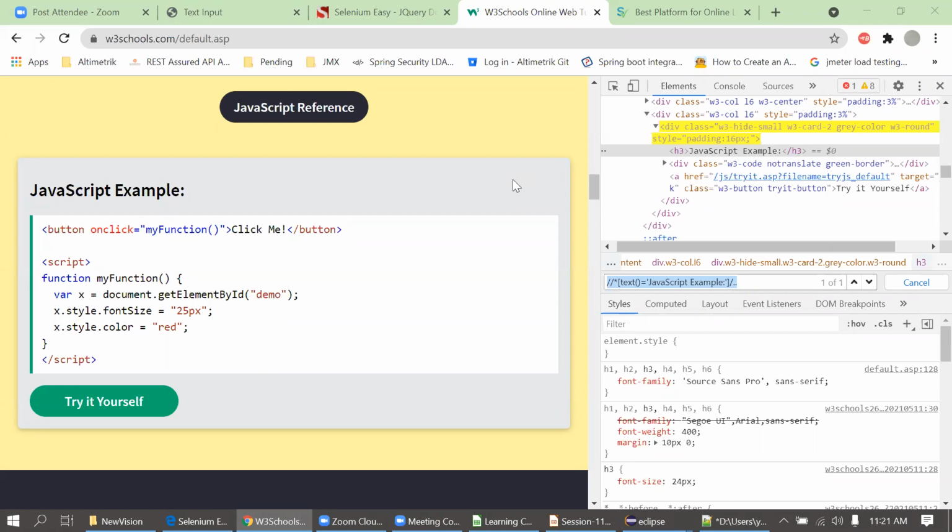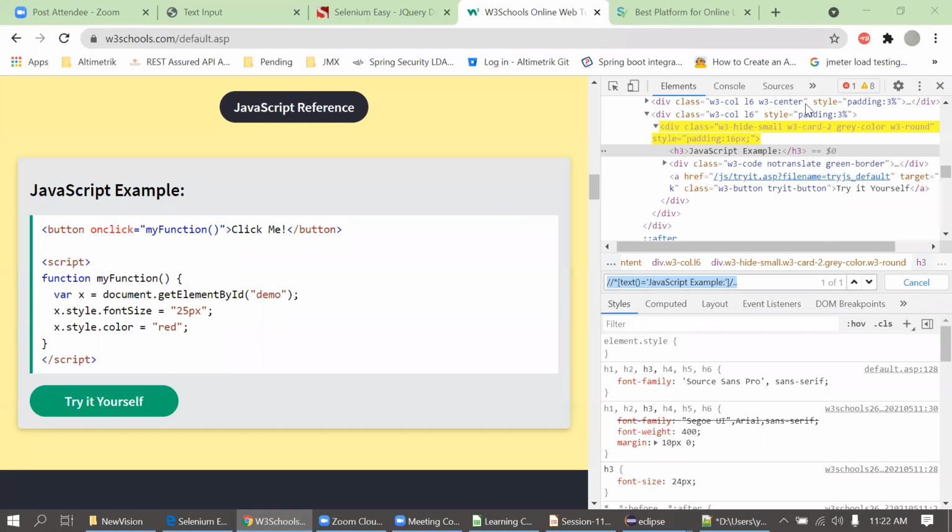And sir, if the XPath is dynamically changing in every run, then can we call it a bug or a feature? We cannot call it a bug or a feature. Actually, we have to create a stable locator there, a stable XPath. We can create it, of course, but that is not a bug and not a feature. Then what is that? You must see what is changing in the XPath and which are the stable things there. Only based on the stable thing, you have to create the XPath.